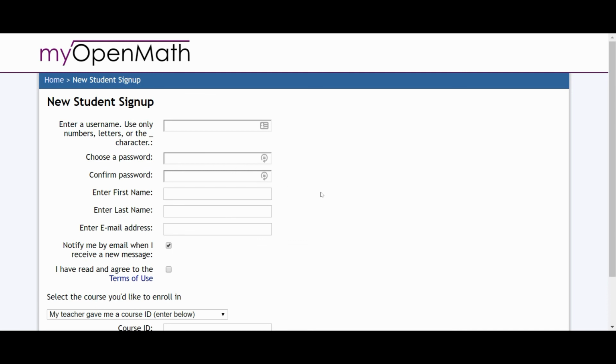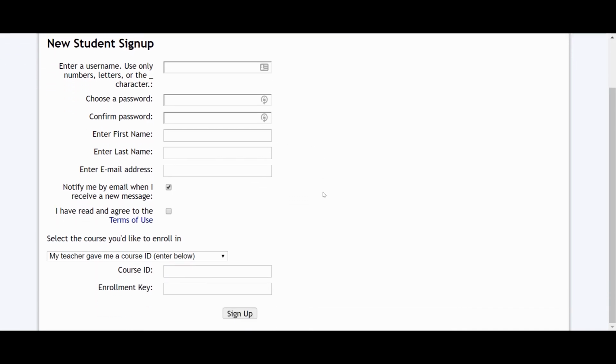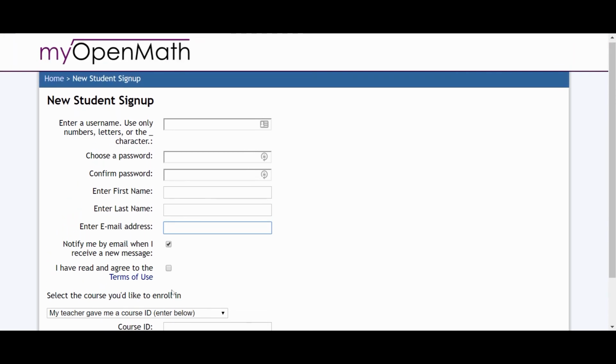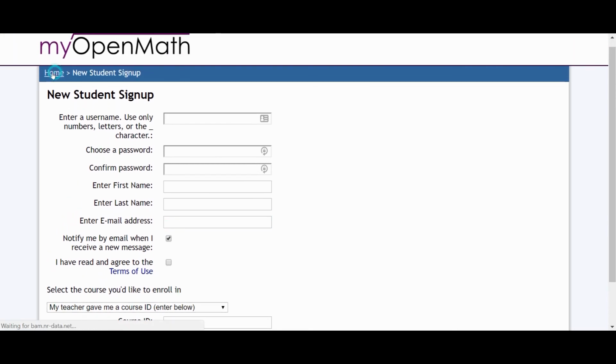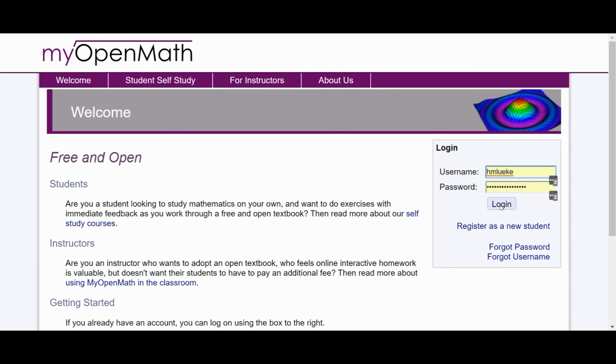Be sure to keep that password safe so that you can remember it, especially. Please enter an email address that you check. I will be communicating to you via MyOpenMath, and if you enter an email address here that you don't regularly check, that's going to make it hard for you to receive important messages from me. And then here is where you enter the course ID and the enrollment key that has been mentioned in several different places. So once you set those things up, you should be able to log in to the class,